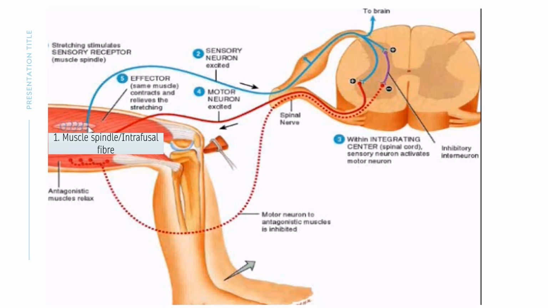So stretch reflex means it is a reflex, so it must have a reflex arc. Now we want to know what are the 5 components of the reflex arc of stretch reflex. So the first component, that is the receptor for the stretch within the muscle, is the muscle spindle or the intrafusal fibers. Regarding the sensory nerve, there are 1A and 2 type of fiber which will carry the information to